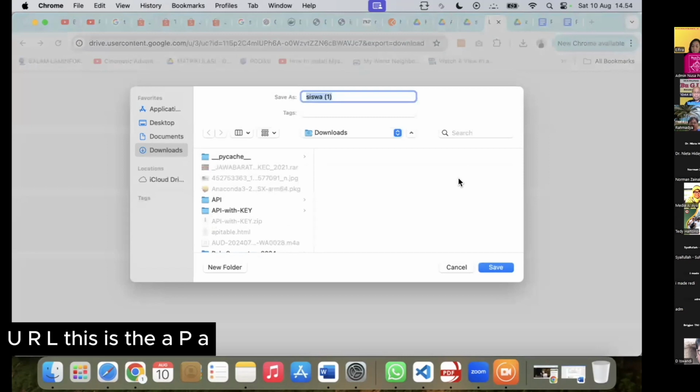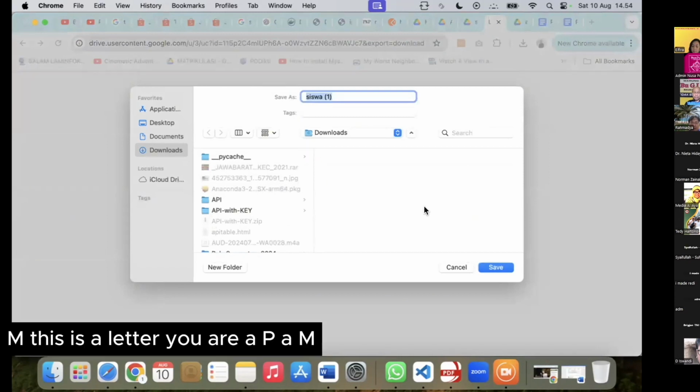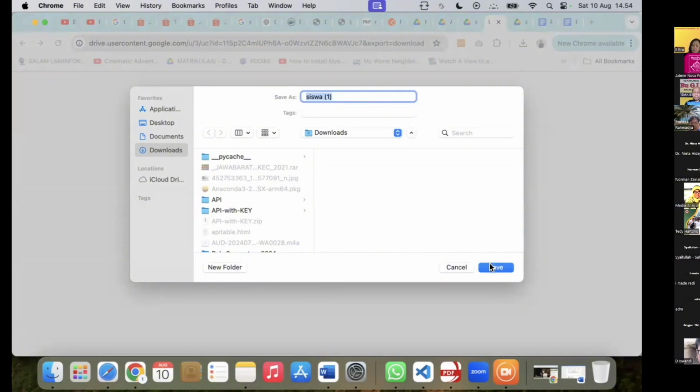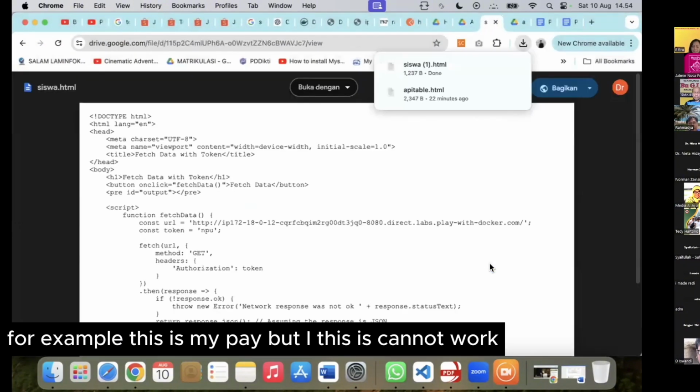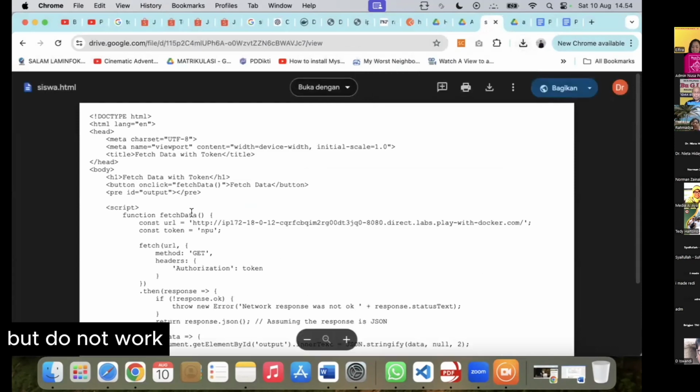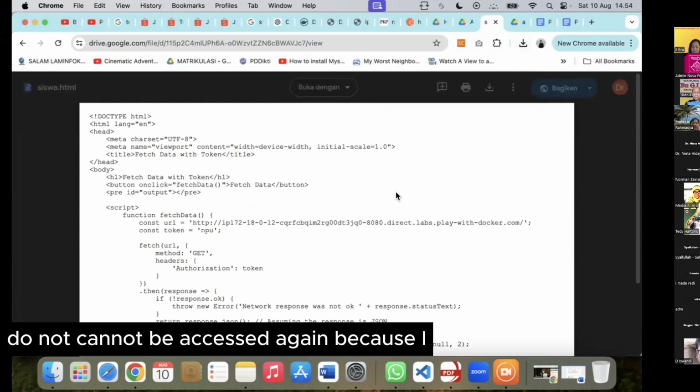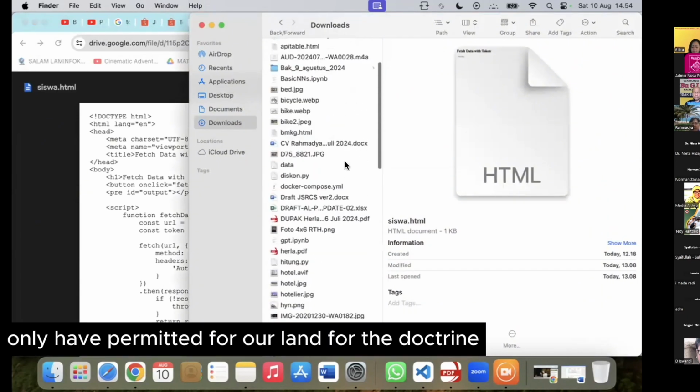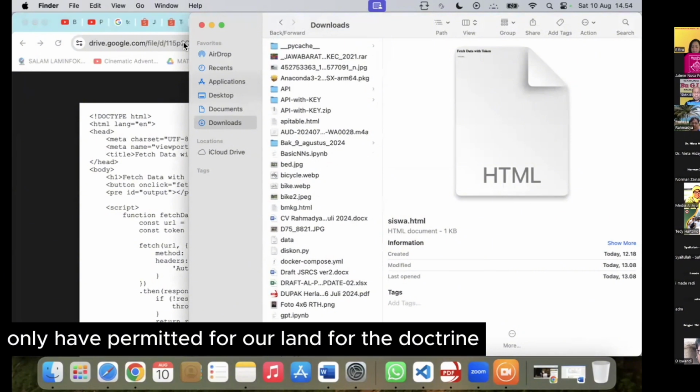This is the API, and it is related to your API. For example, this is my API, but it cannot work. It cannot be accessed anymore, because I only had a limited 4 hours for the Docker.